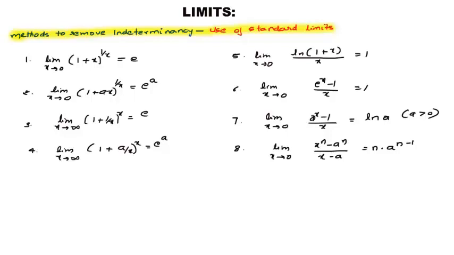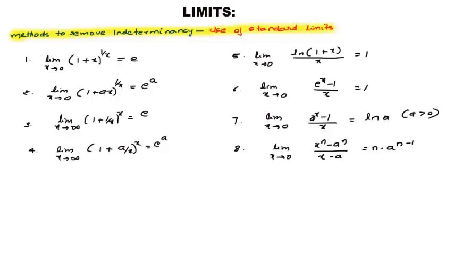Most of these results can be derived by using L'Hospital's rule in those which are forming 0 by 0 or infinity by infinity indeterminate forms. Those which are forming the 1 raised to power infinity form, we'll be deriving when we learn how to solve that form particularly. Until then just try to remember these standard results. These are the direct results that you have to remember.